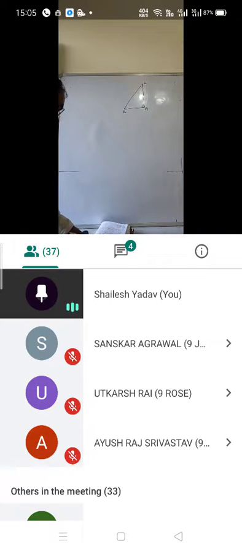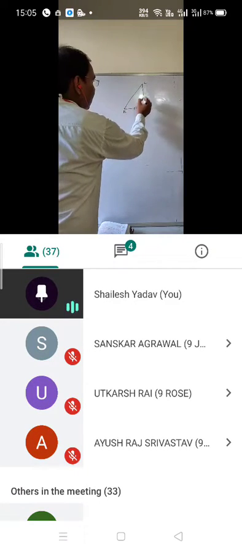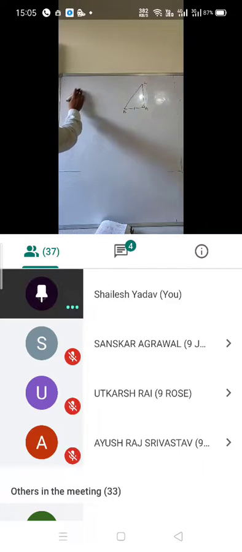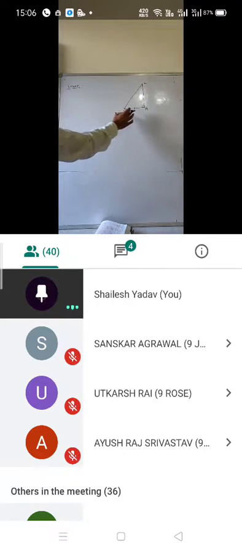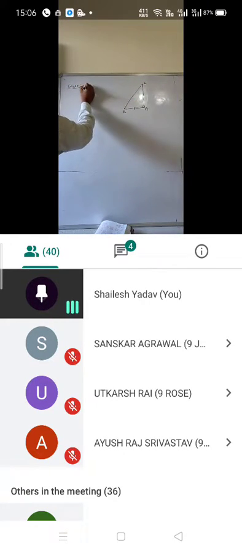Such that AB equal to AC. It is given that AB and AC are equal. Here I am going to write also what is given in the question, so it will be easier to explain. In the question it is given that AB equal to AC, and one more thing is given, angle A equal to 90-degree.